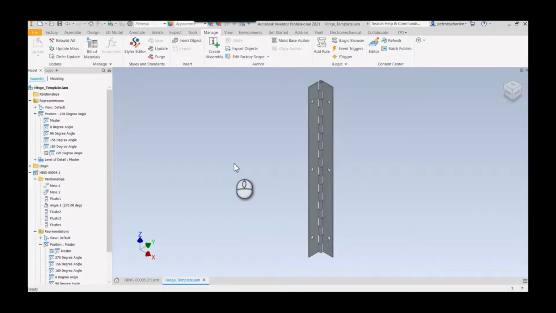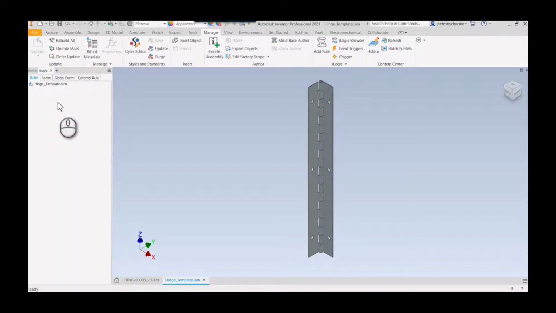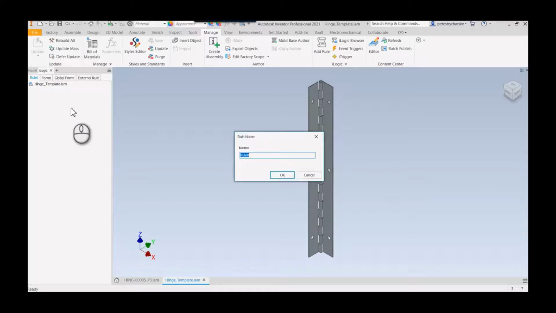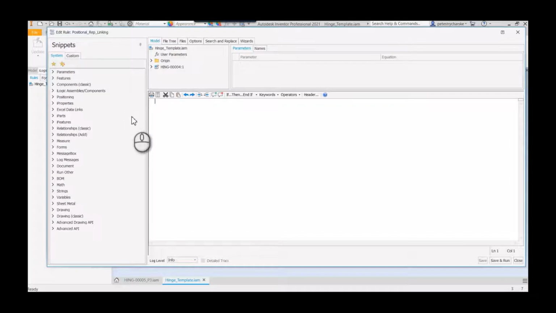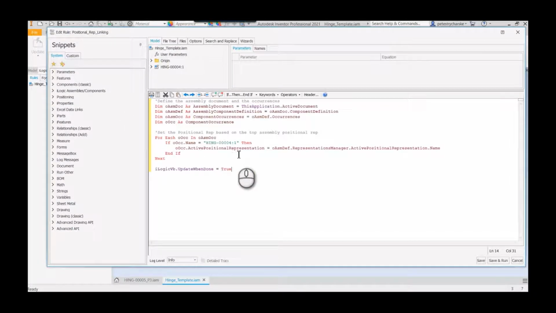All right, so I'm back, and I've created all of the positional reps that I'm going to need. What I want to do now is link them via iLogic. So I'm going to come over here and create an iLogic rule from my iLogic browser. It's always helpful to give it a descriptive name so that you understand what this particular rule is doing. So I'm going to say positional rep linking. I've already built this rule, so I'm just going to paste it in here,